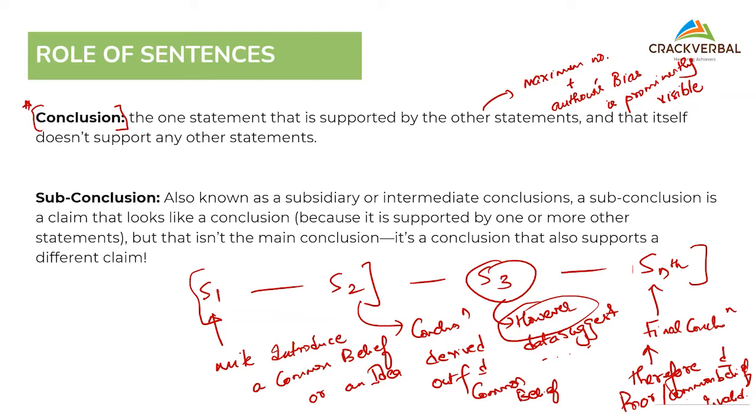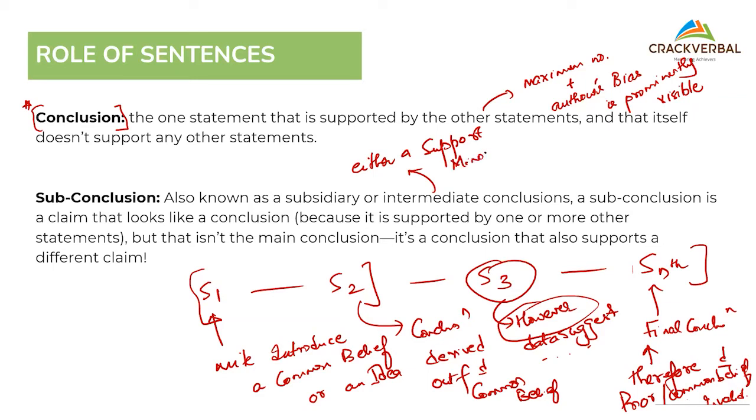The nth. Why nth? Because S3's role was to tell the boss that S2 is not great. What you are seeing in S2 might be what I think, but S3 shows me data on how S2 is wrong. So ideally it is an intermediate conclusion, or what we call a counter conclusion.